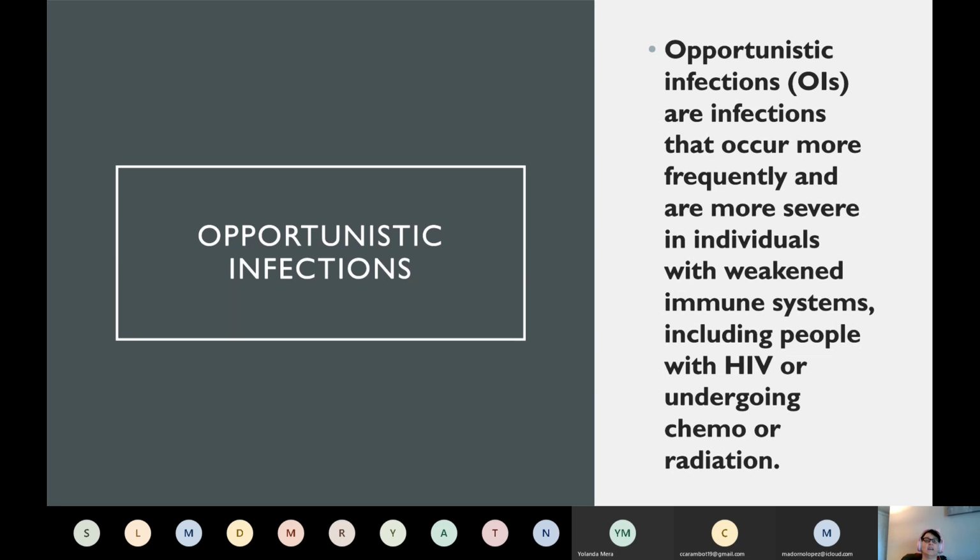The perfect example I can give you is, I mentioned my uncle had HIV way back in the beginning of the HIV epidemic, and he had a parrot. His parrot got a fungal infection on its little talon, and he ended up contracting that fungal infection, and it went to his brain, and that's what ended up killing him. So that would be an opportunistic infection, because that's not going to be something that's going to harm a healthy human being with an immune system. Our immune system wouldn't even let that